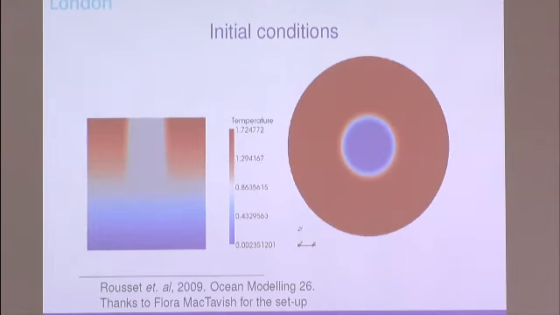Flora McTavish, PhD student, did the setup. It's a cylindrical domain, 250 kilometers across, I think, with a cold water chimney in the center. That's a cross section through there. You can see the cold water chimney. So as you let this go, it should restratify, and you should get some nice eddies and effects going on